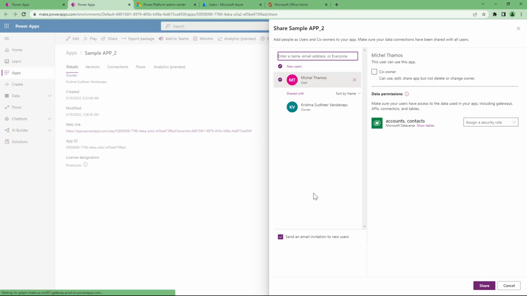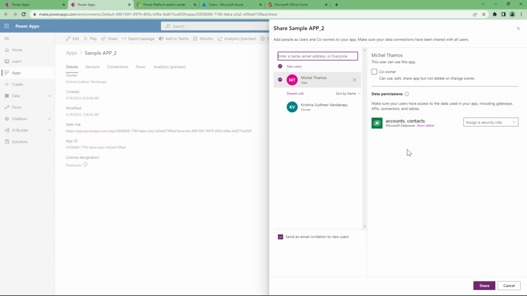At the time of sharing an app, you can share the app in two ways. One is a user and the other one is co-owner. What is the difference between a user and a co-owner? When you create an app, you are the owner by default. But when you are sharing the app and select a co-owner, it means that user will also be able to perform all the operations or all the actions that an actual owner can do on that app. So if you are giving a user as co-owner, ensure that they have a minimal knowledge of the app. If not, if they get co-owner and they tamper the app,